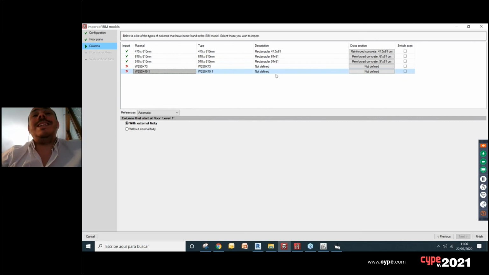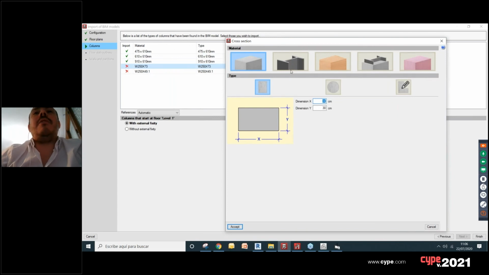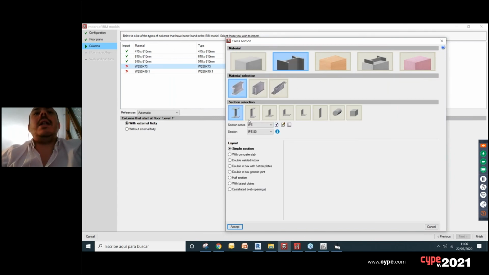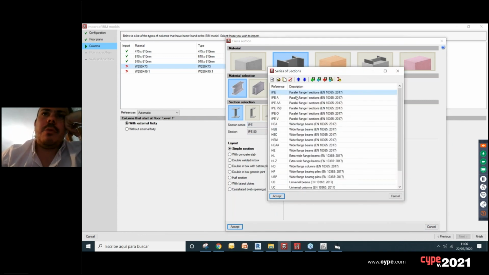steel columns, we need to access a library of sections, and maybe we don't have this library, or it's not the same designation, the same name that we have in our IFC file that was imported. So then we can click on these elements here, okay, and define and look for an equivalent column in our library. For example, here it's going to be a steel column, and I will select this file here. So if I come here, I can't find the W series here, but if we open our library here, we can